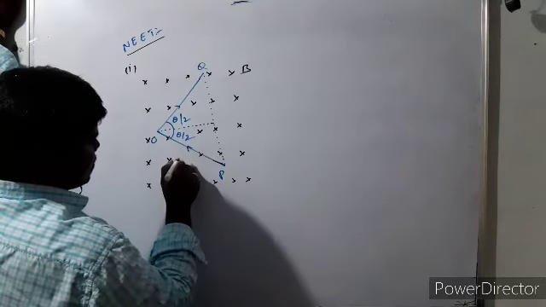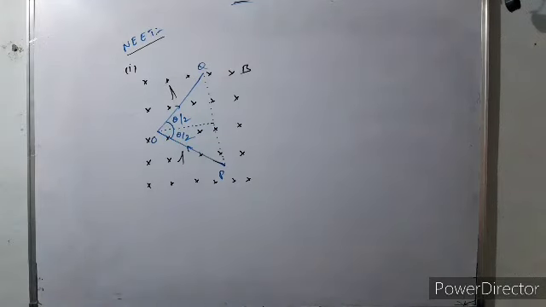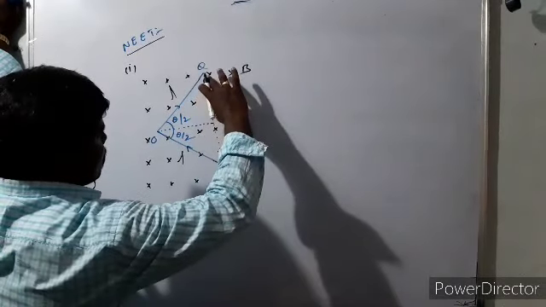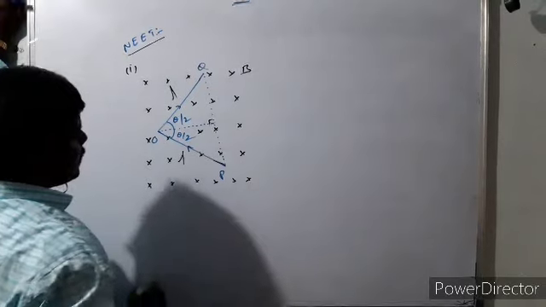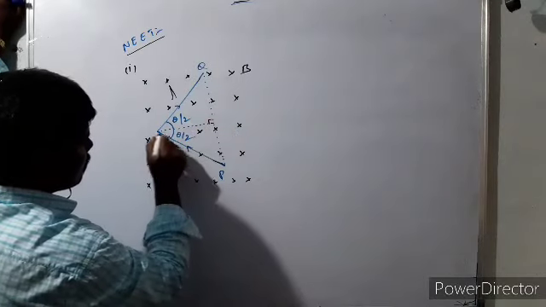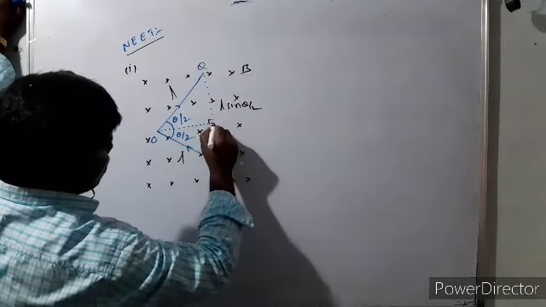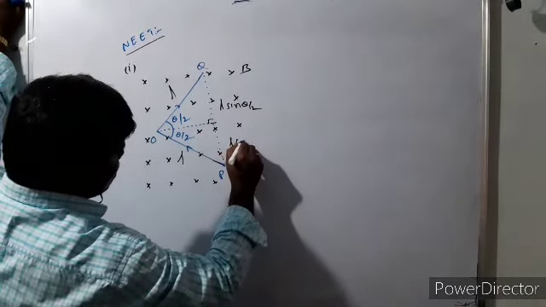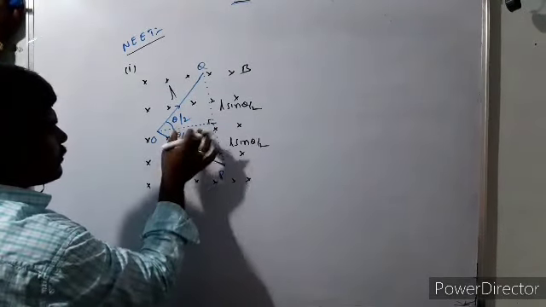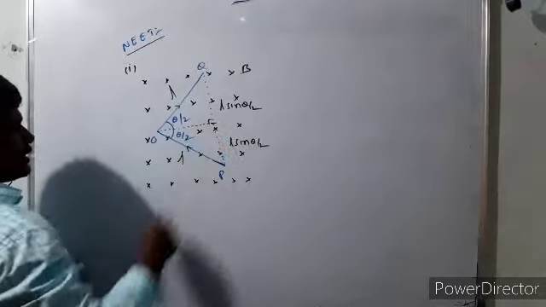Now from this triangle we can write. Let the length PO be L. This is a right angle triangle, the angle is 90 degrees. Now, how much is this length? Theta by 2, this side is the opposite side. So this half length is L sin theta by 2. The opposite side is always sin, the adjacent side is cos. Here this length is L sin theta by 2.